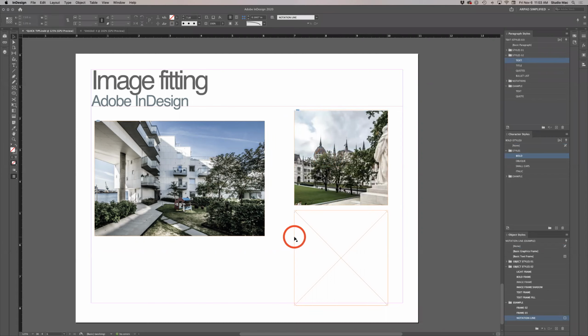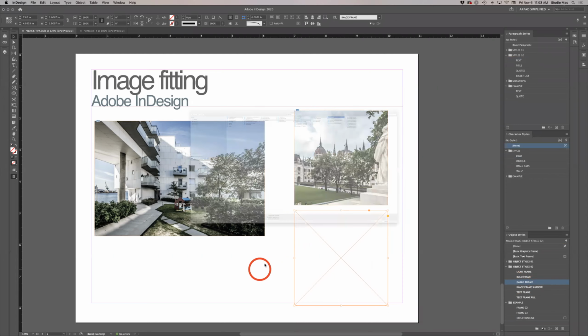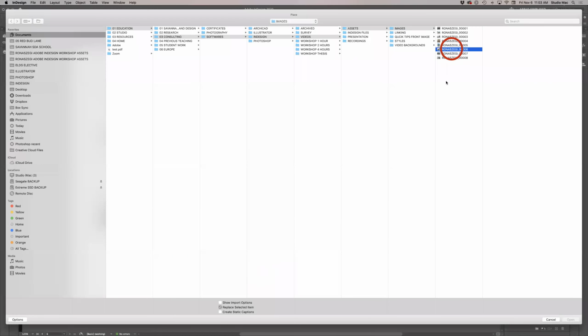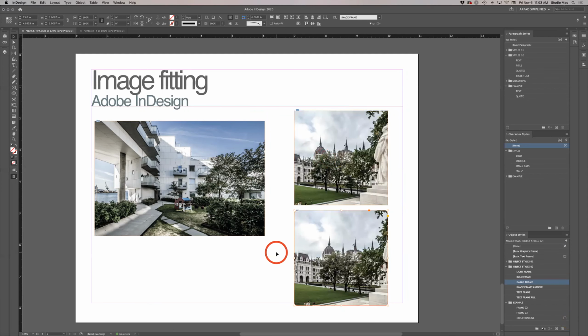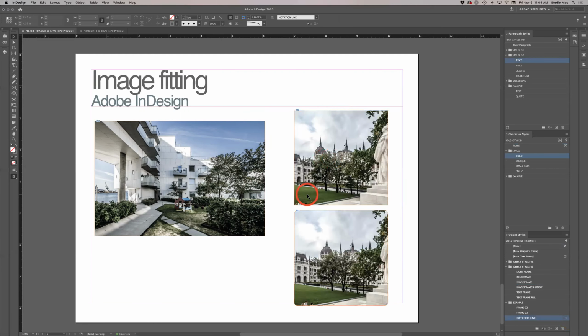Now, in the second option, when I place the same image, it is set with an image frame style. As soon as I selected the frame and went to place, it will automatically be fitted in. How do we do that? Well, it's actually very simple. Once you set up a frame and you set the image fitting, as I did for this one, just have